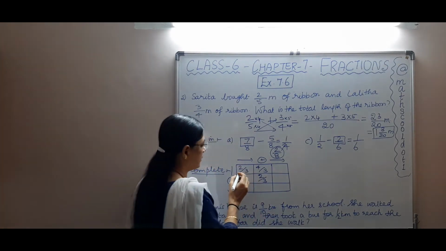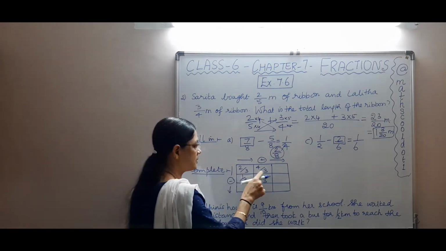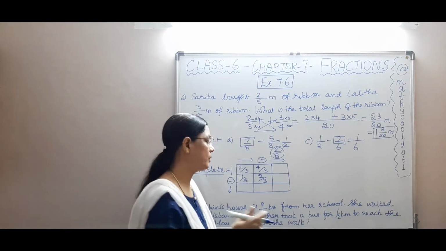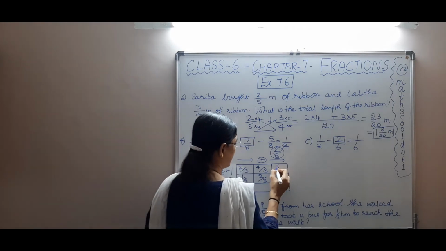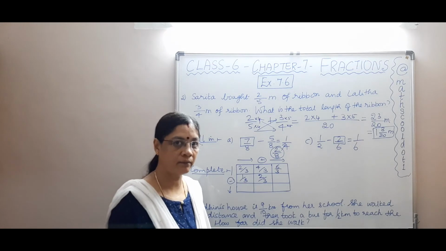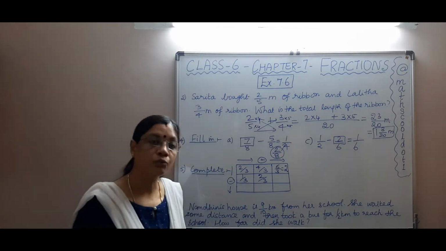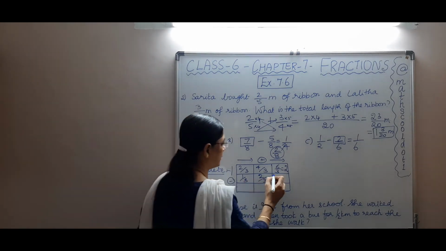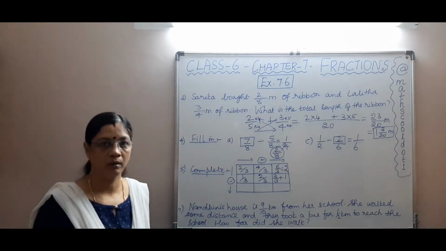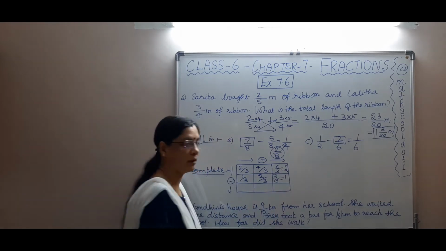Okay, so first we will take addition. 2 by 3 plus 4 by 3. What is 2 by 3 plus 4 by 3? See, denominators are same. So they are like fractions. So you just add the numerator and put the same denominator. So 6 divided by 3. But 6 divided by 3 can be simplified, isn't it? So what is 6 divided by 3? It is 2. So the answer is 2 here. Now 1 by 3 plus 2 by 3 is 3 by 3 again. So this gives you 1 again. Okay, so 3 by 3 is equal to 1 here.